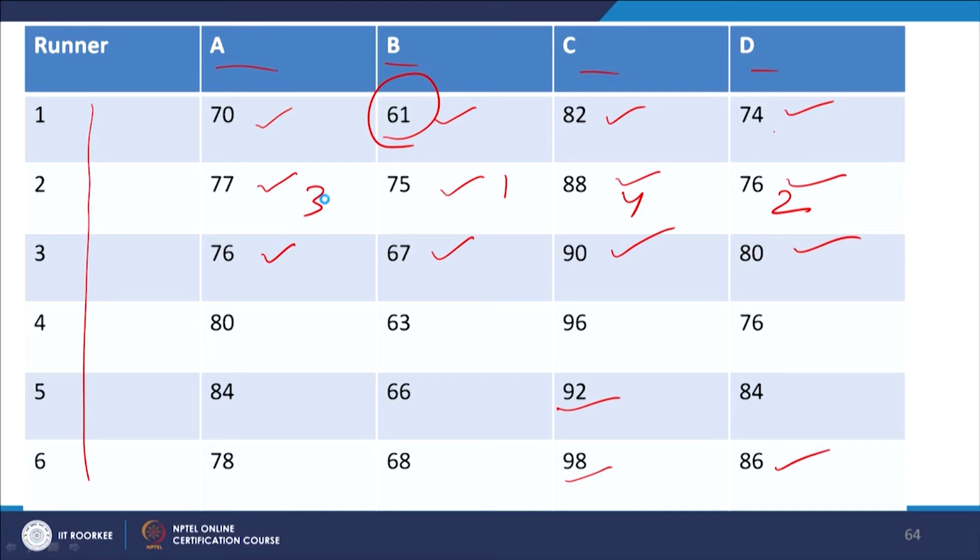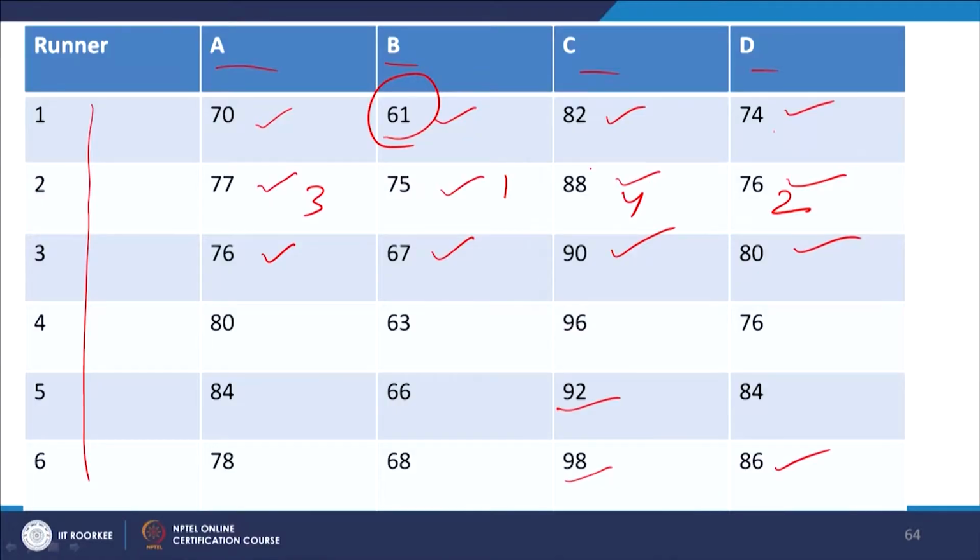Just remember, I have told you in some other test, if suppose a tie is there between 2, let us say this would also have been 75. In this case what would have happened? 75 is rank 1, so this would have become 2, right. So, 1 and 2, that means the rank would have been 1.5 and 1.5. Why? Since this is 76, more than 75, this would have become 3 automatically. So, 1 plus 2 divided by 2 is equal to 1.5 each. If it is a tie, in that case you should make that change.